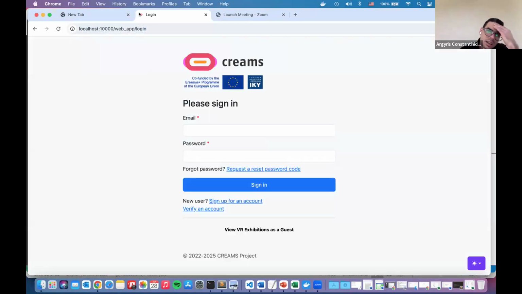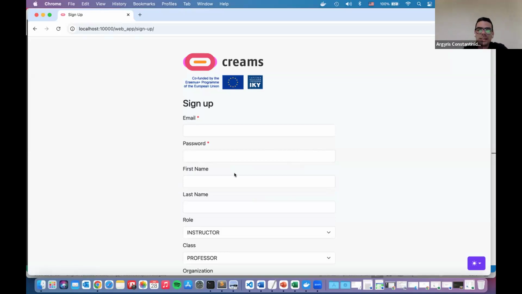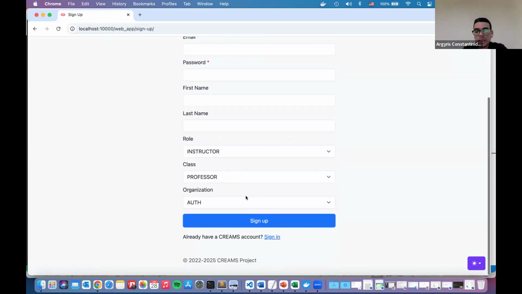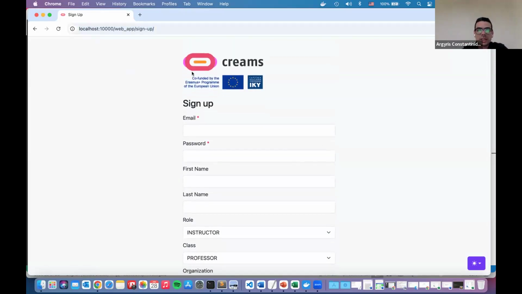That's the one here. And that gives me the exact same replica of the system that is currently live on the CRIMS website. So I can experiment with the code if I want, see the changes in development mode, or extend the code base, or even try to sign up or verify, and it will work exactly the same as on the live system. But this is localhost, as you can see.